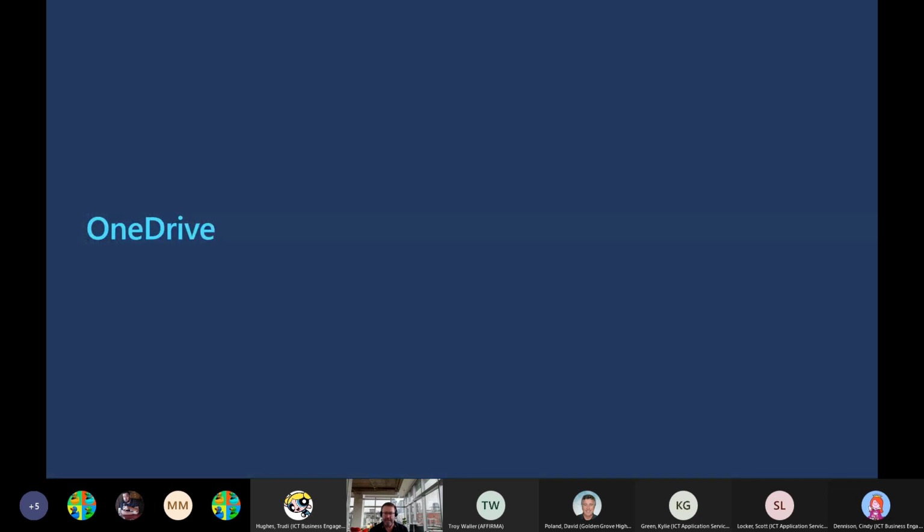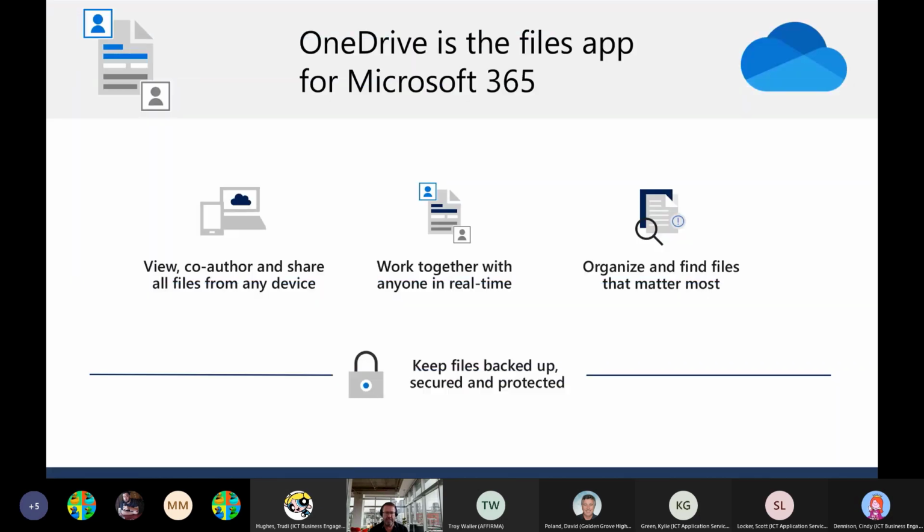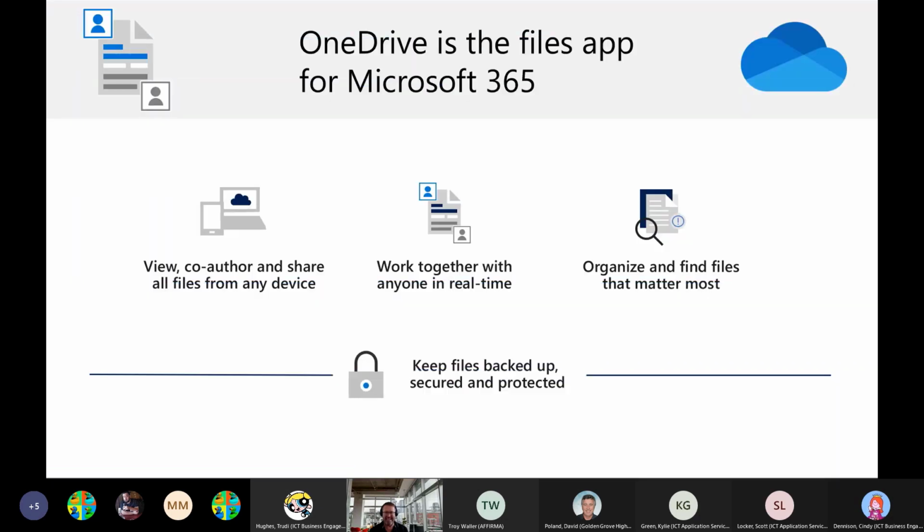So coming into the home straight now, I suppose, we'll just take a quick look at OneDrive. You'll probably all be familiar with this, but basically it's the files application in Microsoft 365. It enables users to organize and store files in the cloud where they can be shared and co-authored in real time. We sometimes forget about the importance of this, but it's often the first step towards creating a collaborative environment in a school. Because OneDrive uses SharePoint services at the back end, all the files, this is OneDrive for Business, let me be clear,